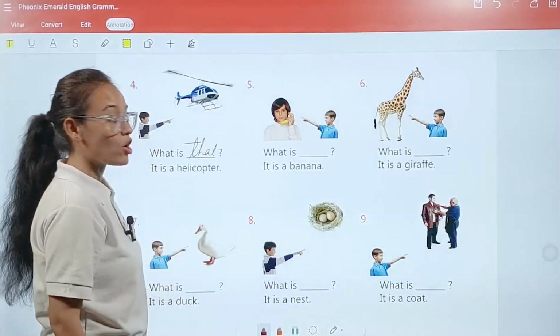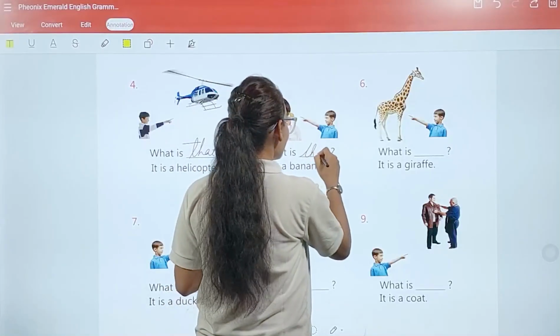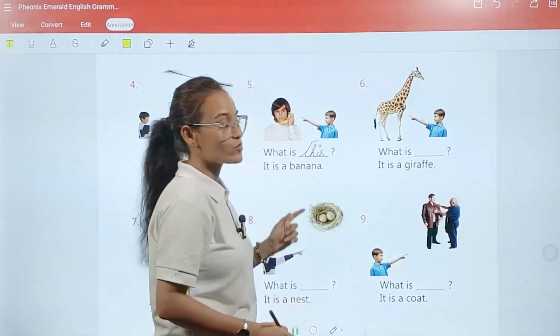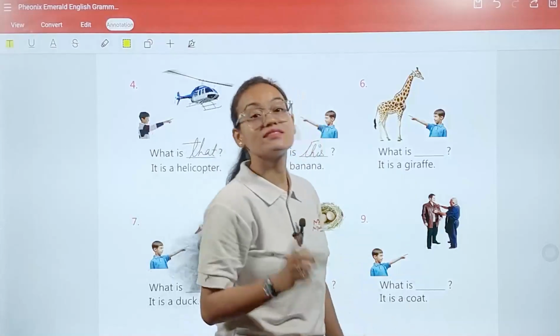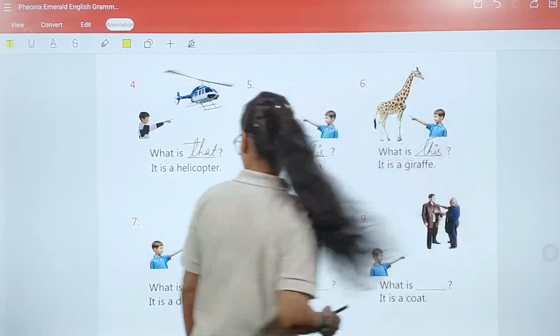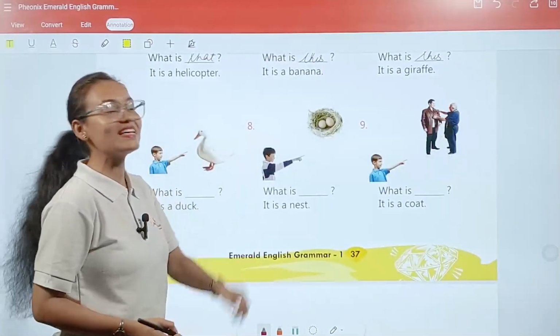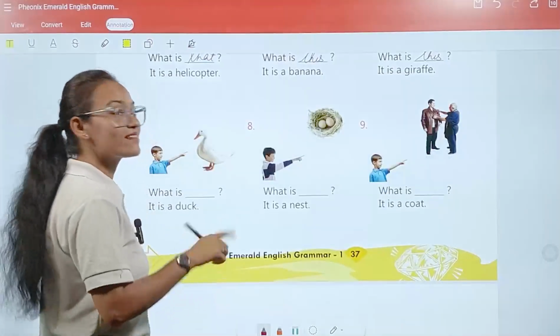It is a helicopter. Now, what is this? Because banana is close to this boy. Now, what is this? Okay, my dear student, in this way, you have to complete 7, 8 and 9 by using this or